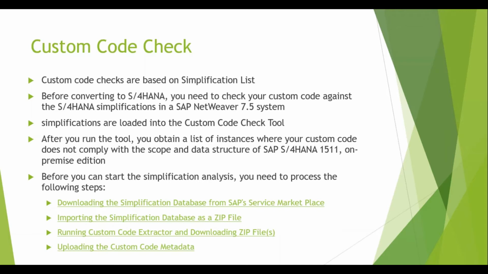Now again, SAP normally suggests, and this is something technical, to create a separate copy of your ECC system. This is definitely a suggested approach. Before you perform the actual conversion on your production system, SAP recommends performing some test conversions. This test conversion doesn't mean you convert your development system to SAP S4. That is not what I'm talking about. I'm talking about creating a copy of the production system, because whatever data is available in the production system is also important. You need to verify whether your current production data is performing well and migrating correctly.